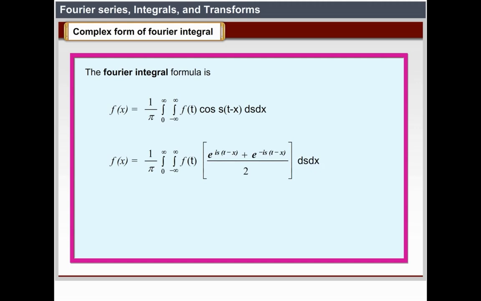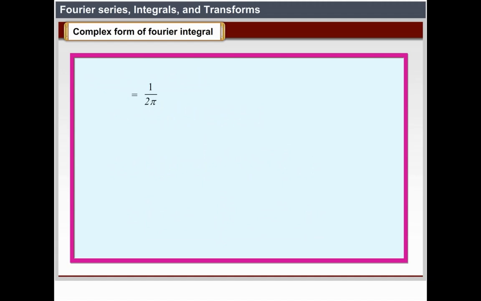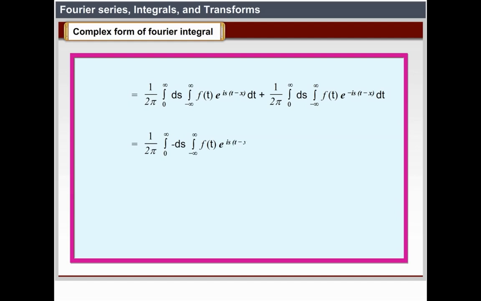= 1/2π ∫ from 0 to ∞ ds ∫ from −∞ to +∞ f(t) [e^(is(t−x)) + e^(−is(t−x))]/2 dt = 1/2π ∫ from 0 to ∞ ds ∫ from −∞ to +∞ f(t) e^(is(t−x)) dt + 1/2π ∫ from 0 to ∞ ds ∫ from −∞ to +∞ f(t) e^(−is(t−x)) dt